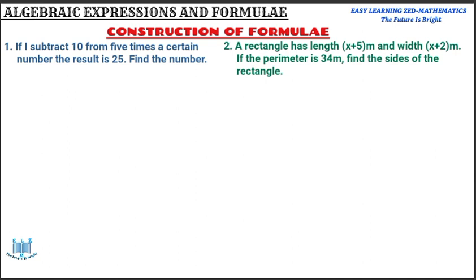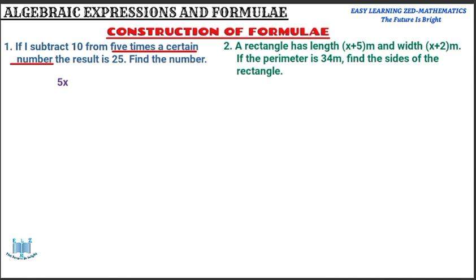Now, when you read this statement, it says, if I subtract 10 from 5 times a number, that means 10 is subtracted from a number which is multiplied by 5, but we don't know that number. So I'm going to write 5 from that statement where I have underlined 5 times a certain number. The number is not known, but 5 we know. So I'm going to write 5. Then the number is not known. That number which we do not know, I'm going to write x to represent